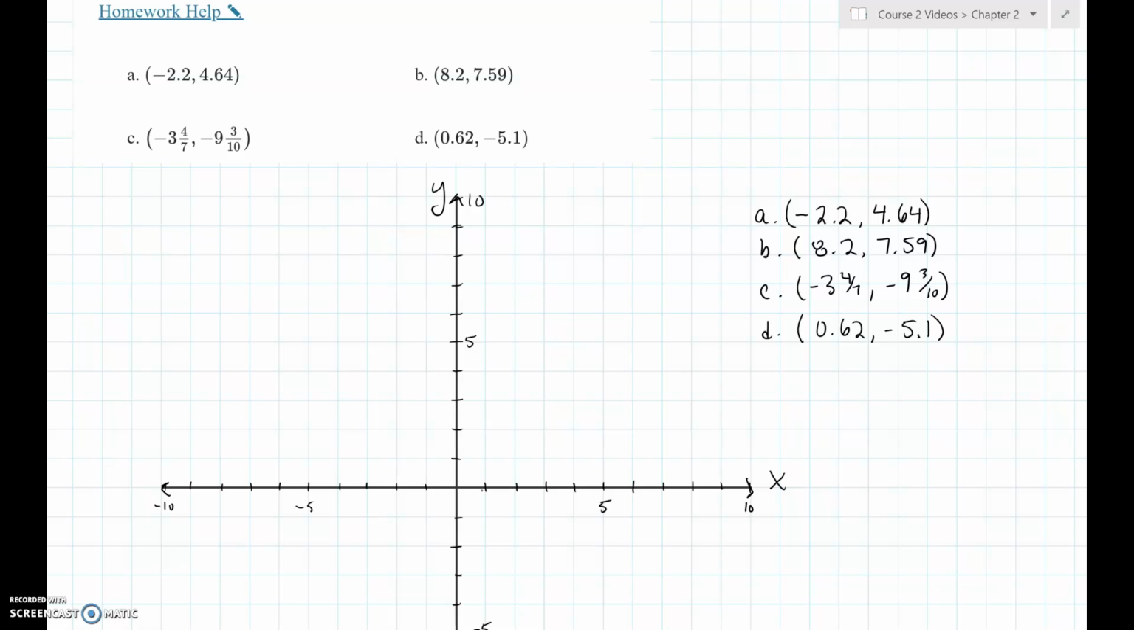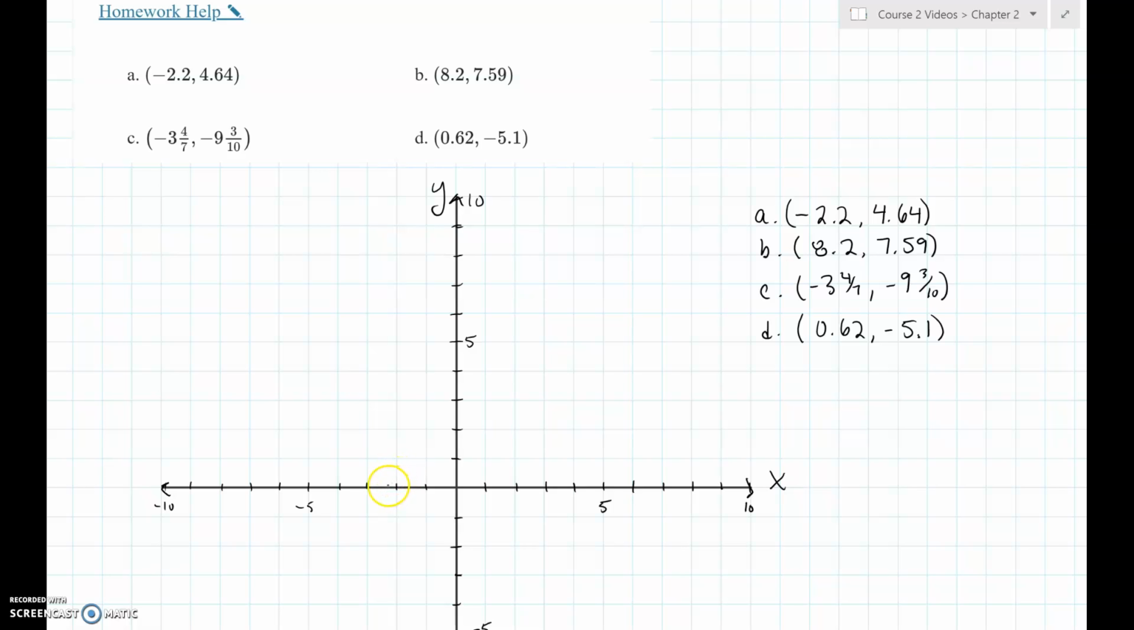So, for this point, A is at -2 and 2/10, and the y-coordinate is 4 and 64/100. So I know that A is a little bit further past -2, and then up a little bit less than 5 on the y-axis. So here, -2 is right here, and -2 and 2/10 is less than 2 1/4. So I'm going to go, here's where 2 1/2 would be, -2 1/2. Here's where 2 1/4 would be. So just right